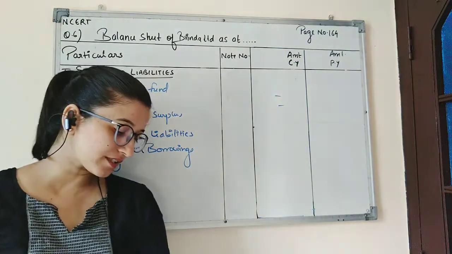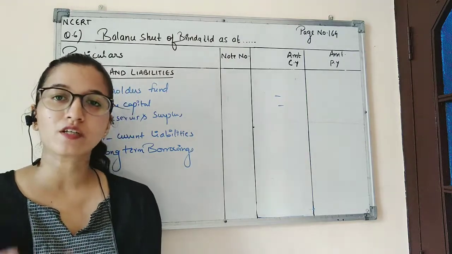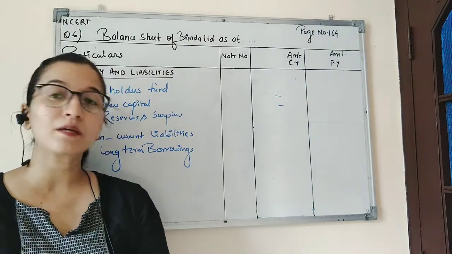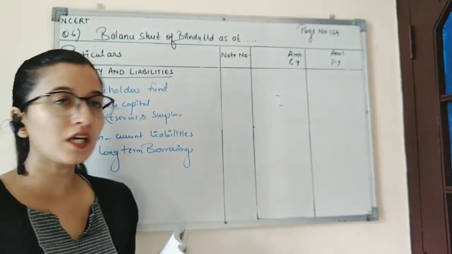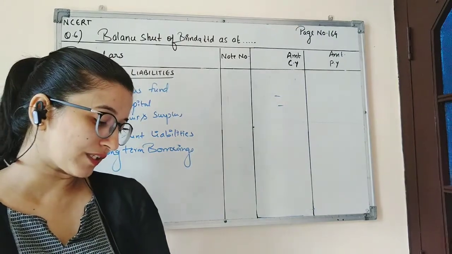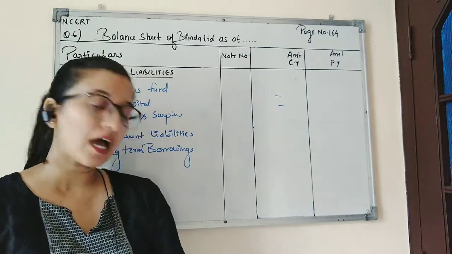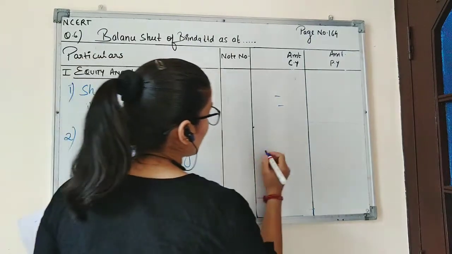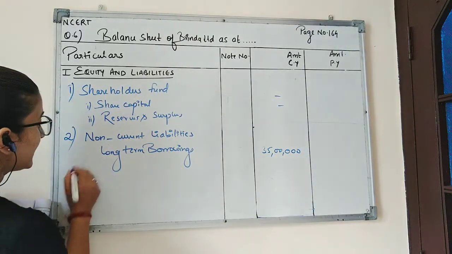and in the question it is given 25,000 10% debentures of rupees 100 each. Debenture is a long-term loan, so it is considered as long-term borrowings, and bank loan for 10 lakh repayable after 5 years. The bank loan is also a long-term borrowing. So we will add both the amount and will record the amount in current year. So debentures amounting to 25,000 of 100 each, that means total amount of debenture is 25 lakhs and the bank loan is 10 lakh. So adding 25 lakh and 10 lakh, we will get the total long-term borrowing of 35 lakhs.